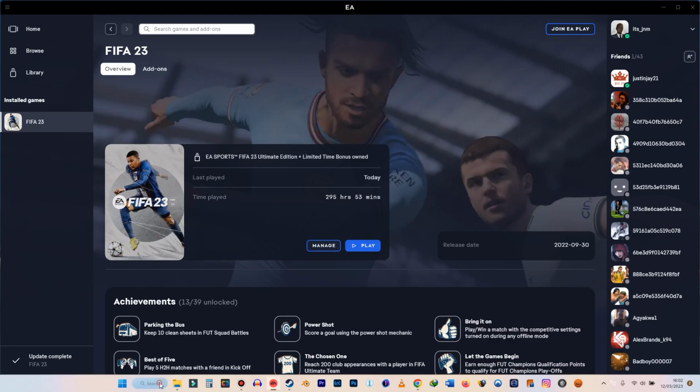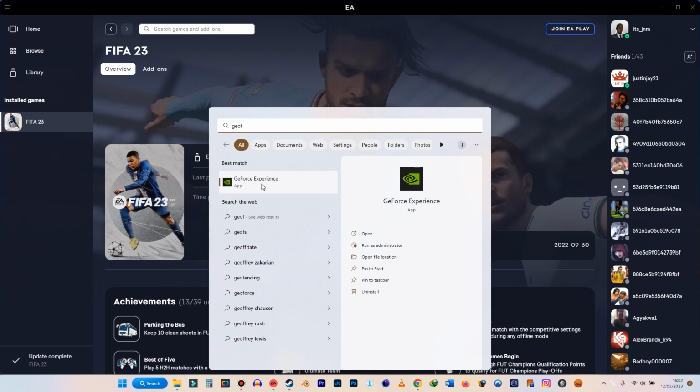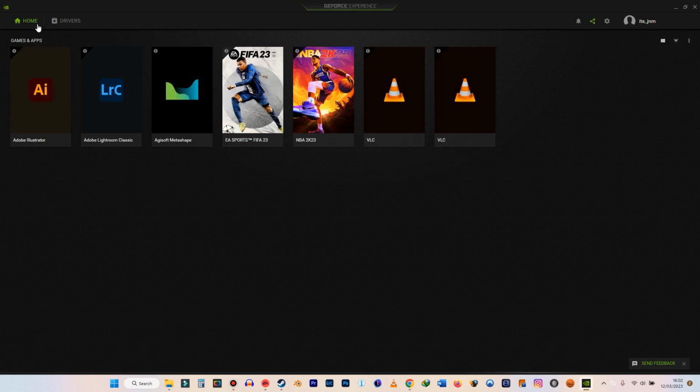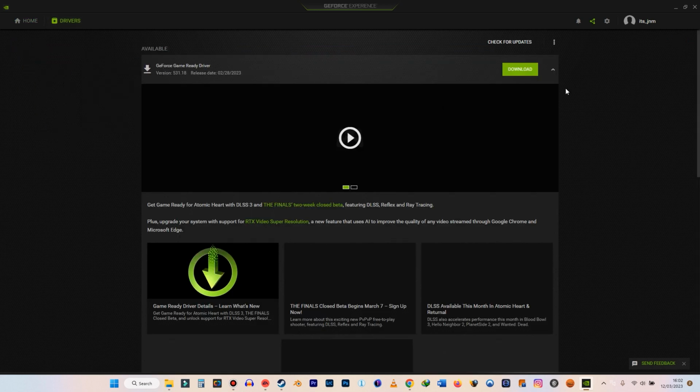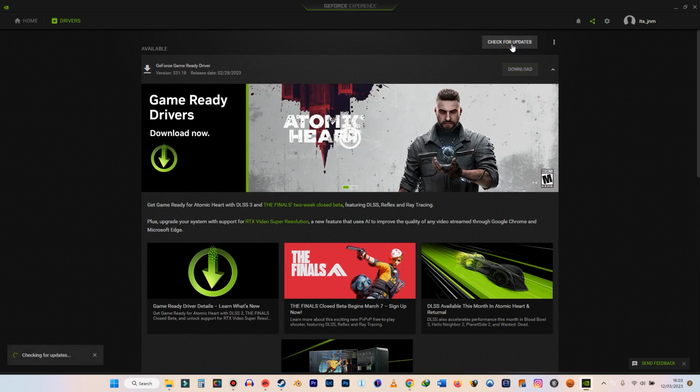So I go to my search, I type in GeForce, and I click that to open the GeForce Experience app. First it opens your home page, but what I want to do is click on drivers, and in case you do not have anything showing here, you could click check for updates to see what